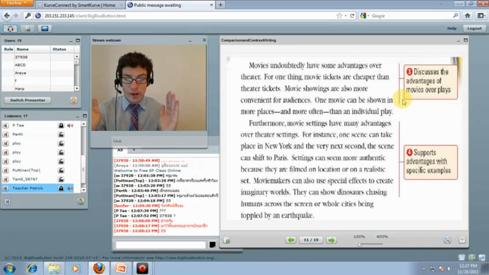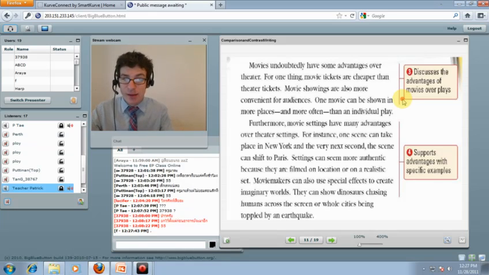Next up, we need to give examples. So you can't just say movies are less expensive. You need to prove it, or what we're going to do in the next paragraph, we're going to prove more places, more often. So we've said that that happens, but now we need to prove how that happens. So,